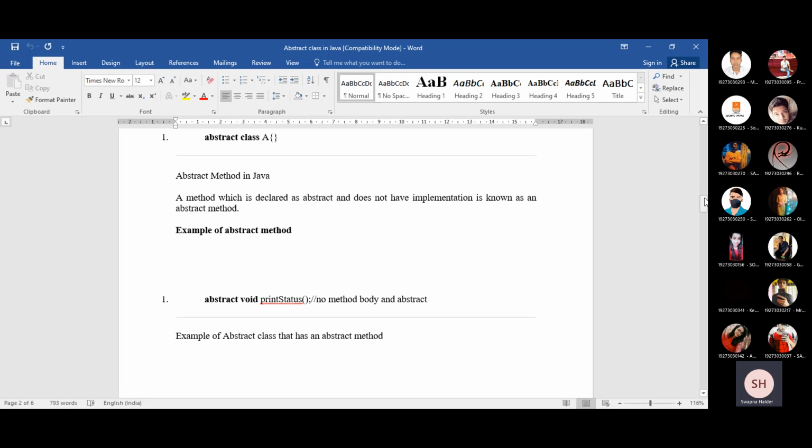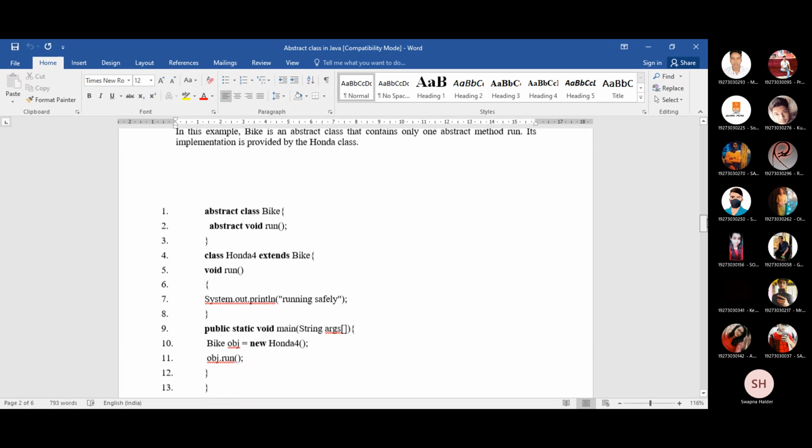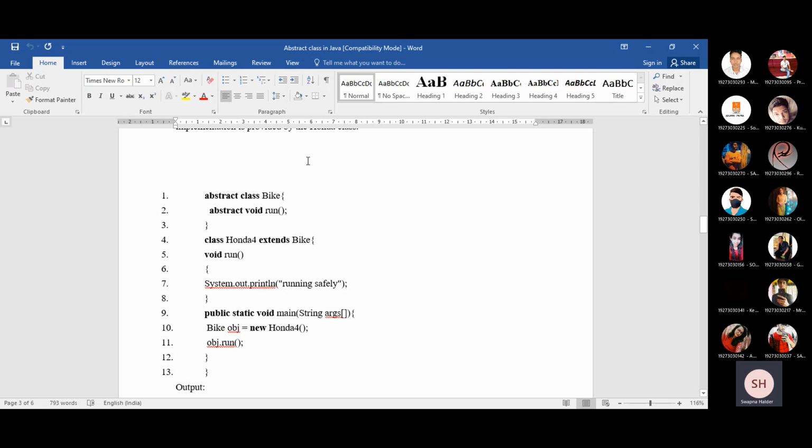Next, how you can declare the abstract class. This is the keyword. You write the class declaration similar to your previous one, and then the name of the class. That means the class declaration should be preceded by the keyword abstract. One example is already discussed in the class. Now look at this. If you provide within an abstract class one or two abstract methods, the class which extends the abstract class must implement that method.